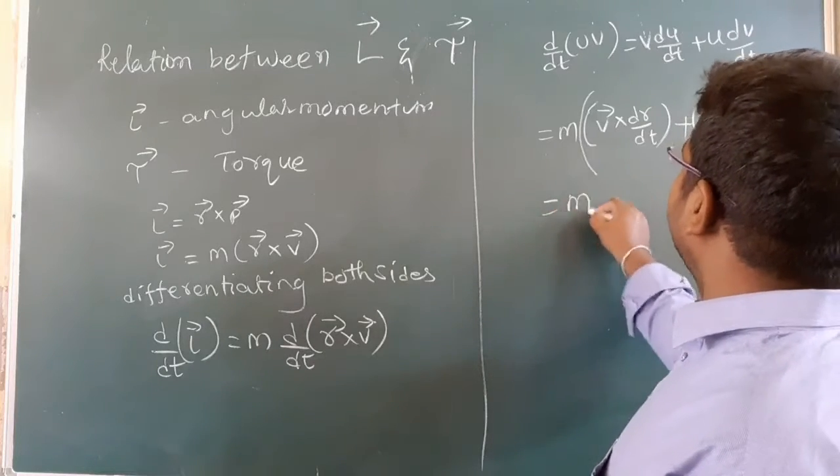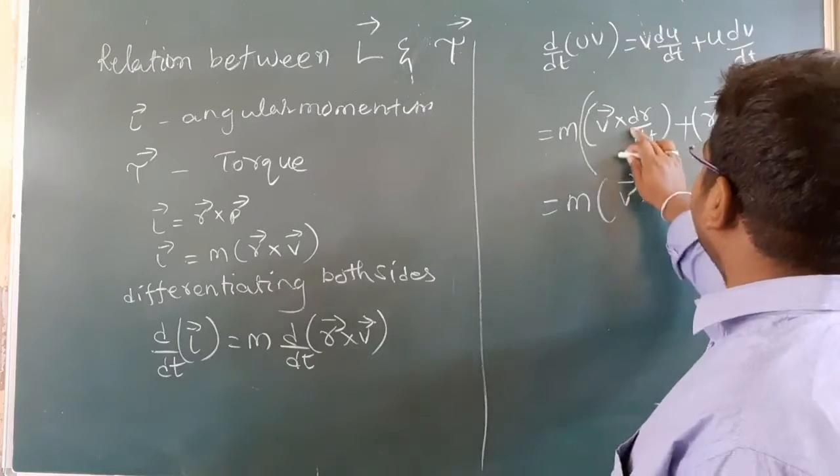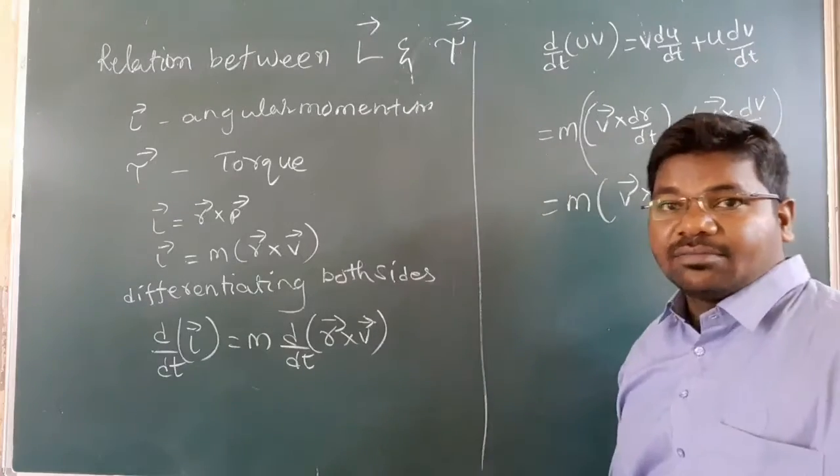Rearranging this, m into v bar cross dr by dt, position by time, velocity,